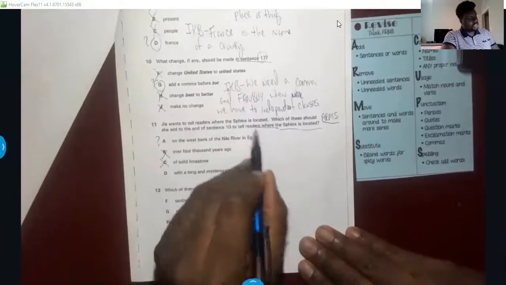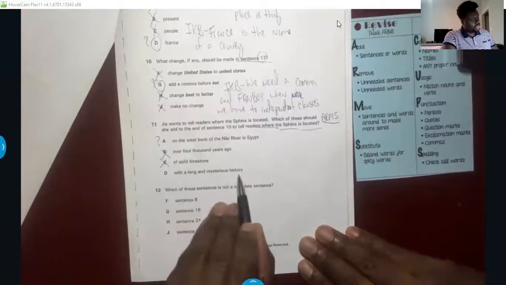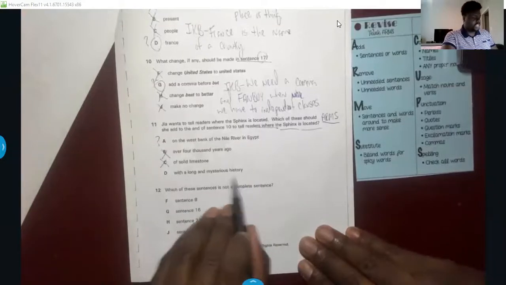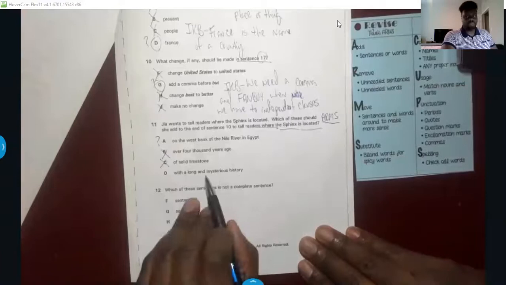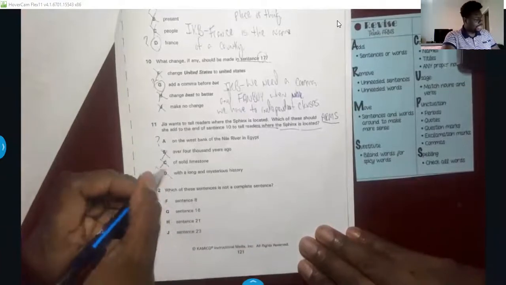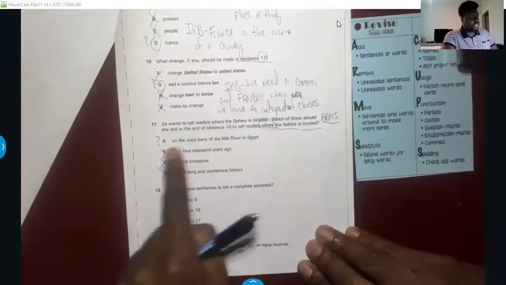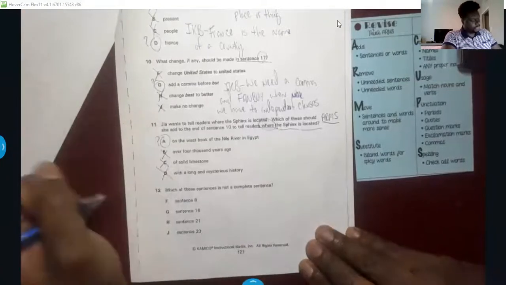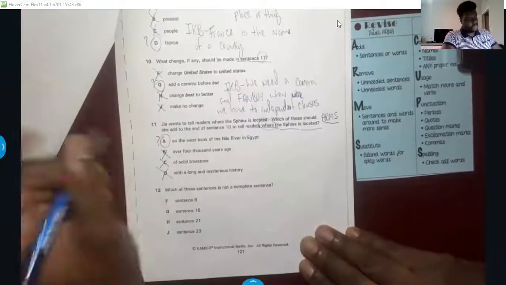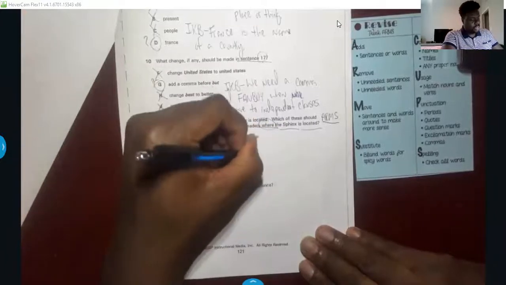The Sphinx is a large statue with a long, mysterious history. Okay, that's just giving us more information about the history, like how it came to be, but not telling us where. The only one that's giving us location is sentence A. And since this one's so simple, we're gonna do the IKB together. So I know because